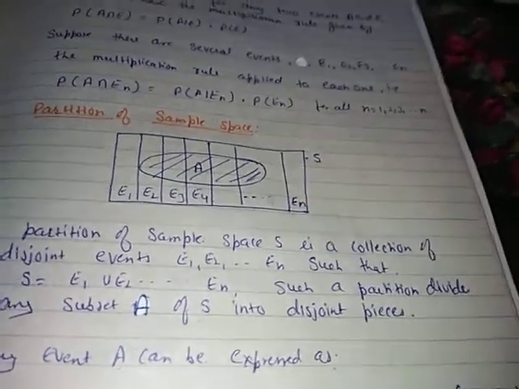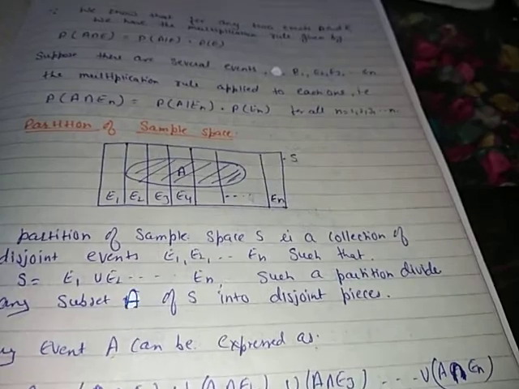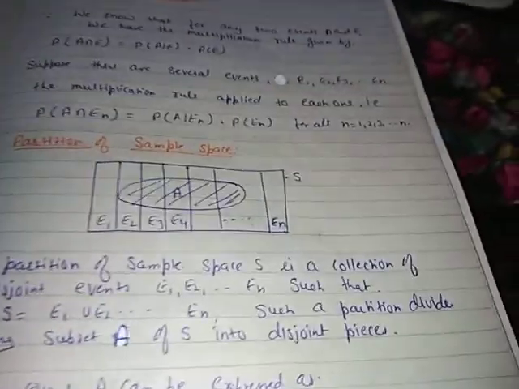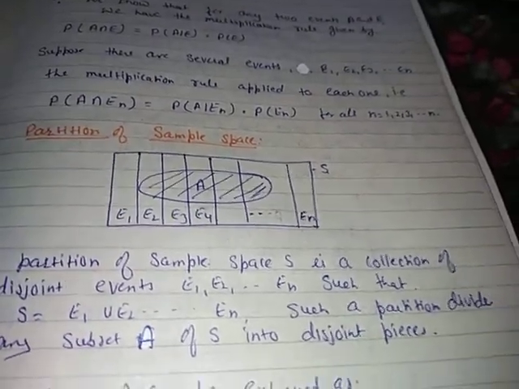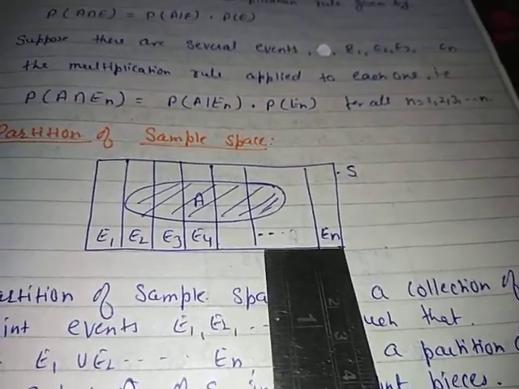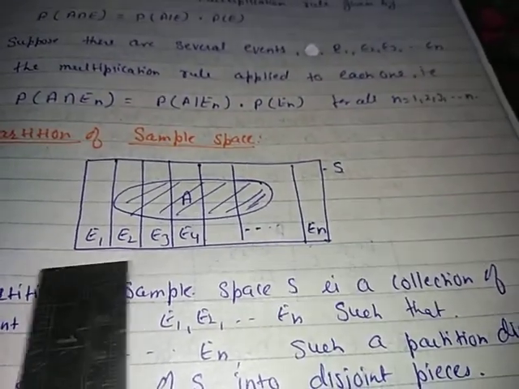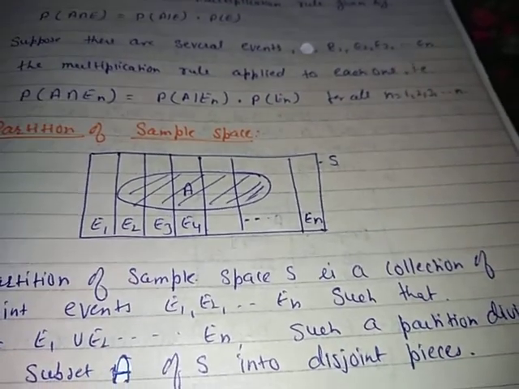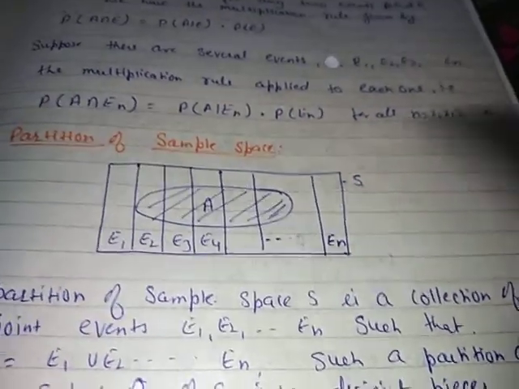In this video, children, I am going to explain the topic Bayes theorem. Before starting Bayes theorem, I want to remind you that in the last video I explained the partition of sample space. Just see it. Here I told you that E1, E2, ..., En are the options and all are mutually exclusive and exhaustive. Then we need to find the probability of a common event.